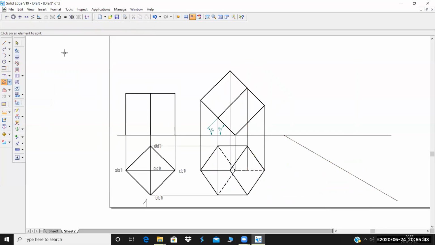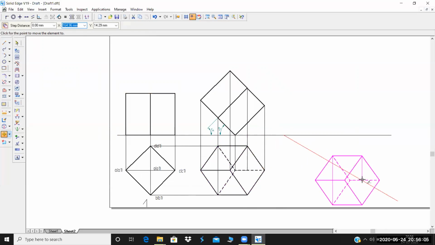This is necessary to find out the axis point. Even this line will split it here, just to make sure that we'll get this point very easily when you're projecting it in the next step. If it appears to be a problem, just go for move copy. Select this point here so that it becomes easy for you to place it on the line.